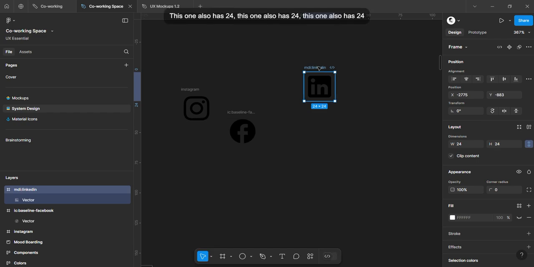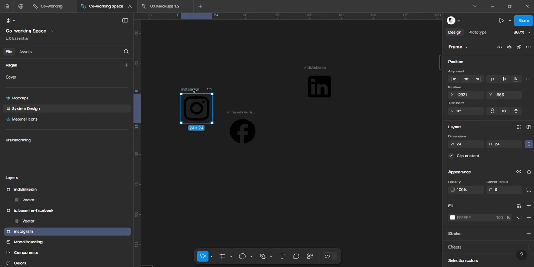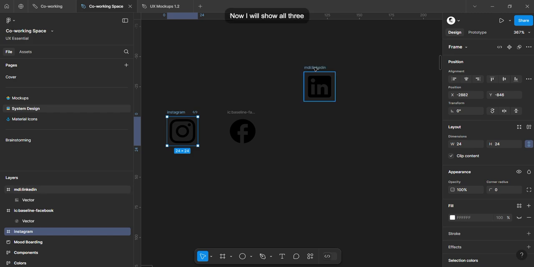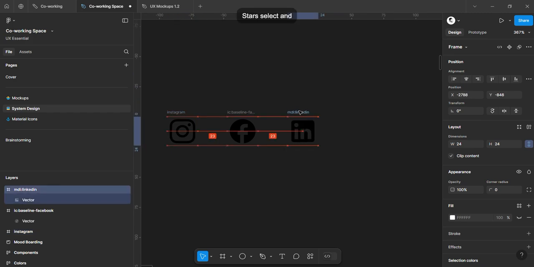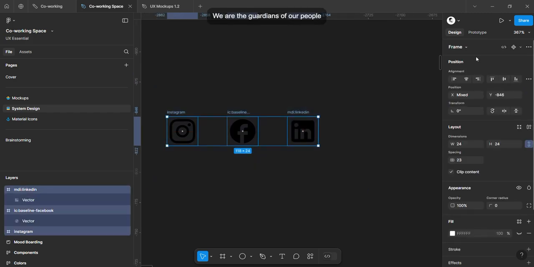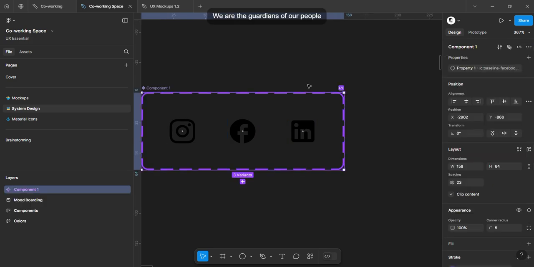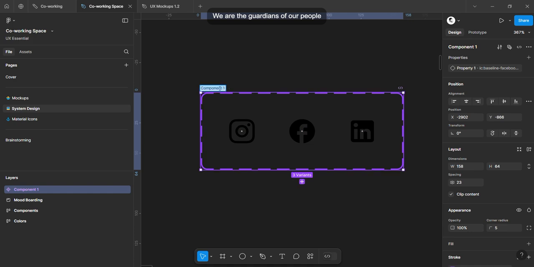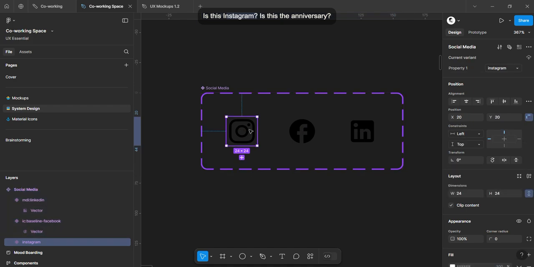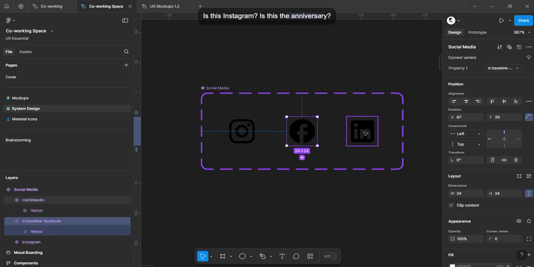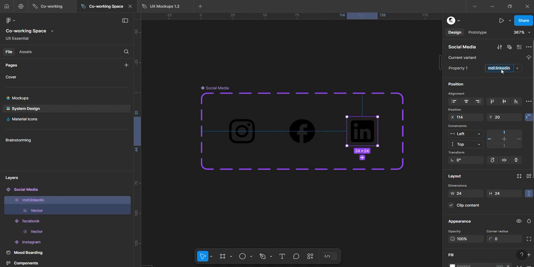इसका साइज क्या है, इसका भी 24 है, इसका भी 24 है, इसका भी 24। मिल गया मुझे तीन। ठीक है, अब तीनों को मैं पकड़ूंगा, सेलेक्ट करूंगा और मैं इसको कंपोनेंट बना लूंगा। क्रिएट कंपोनेंट सेट कर लिया, कंपोनेंट का नाम रखूंगा सोशल मीडिया। ठीक है, तो ये इंस्टाग्राम हो गया। इसका नाम फिक्स रखना फेसबुक। ये हो गया तुम्हारा। ये क्या है, सोशल।